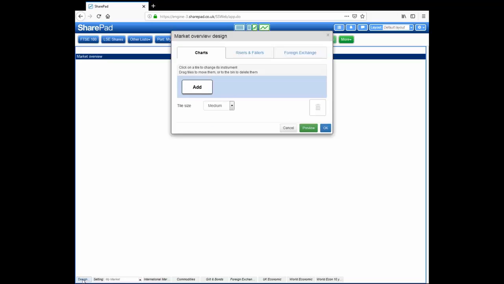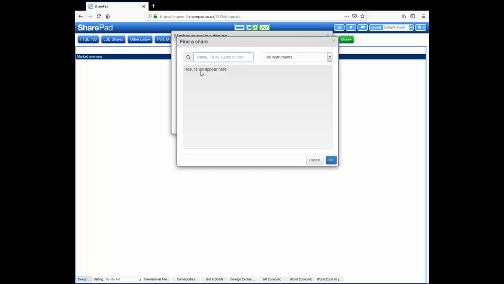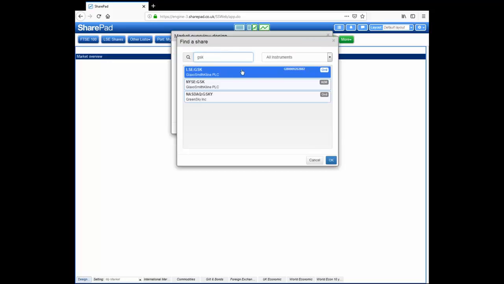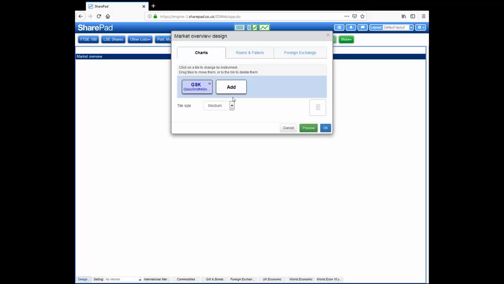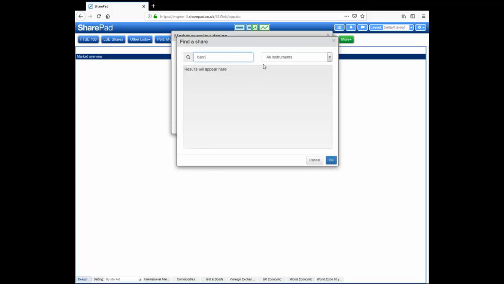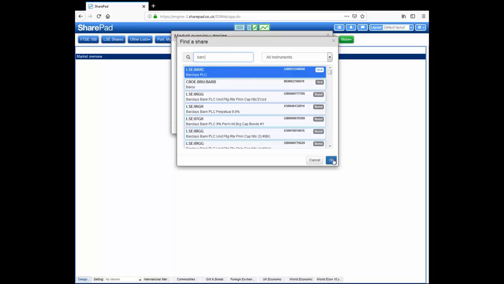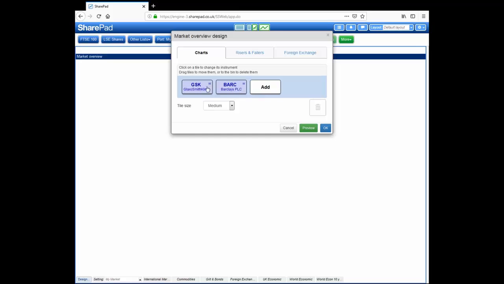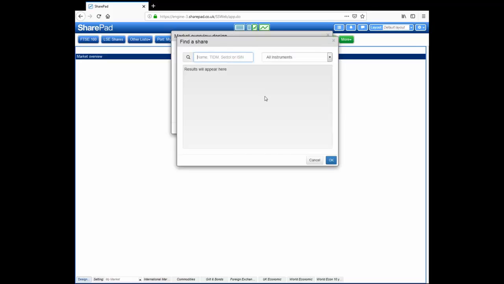And now we'll click on the design button and we can choose what instruments we want on. So we hit add and we add our trusty GlaxoSmithKline. Click on OK. And then we add Barclays. Now unfortunately there isn't any direct link with a list, so you do still have to add these one by one, and you can't just say add all the shares in this portfolio, but you can build this table of those little charts using any instrument in the program. I'm going to add, there we go, let's add Vodafone